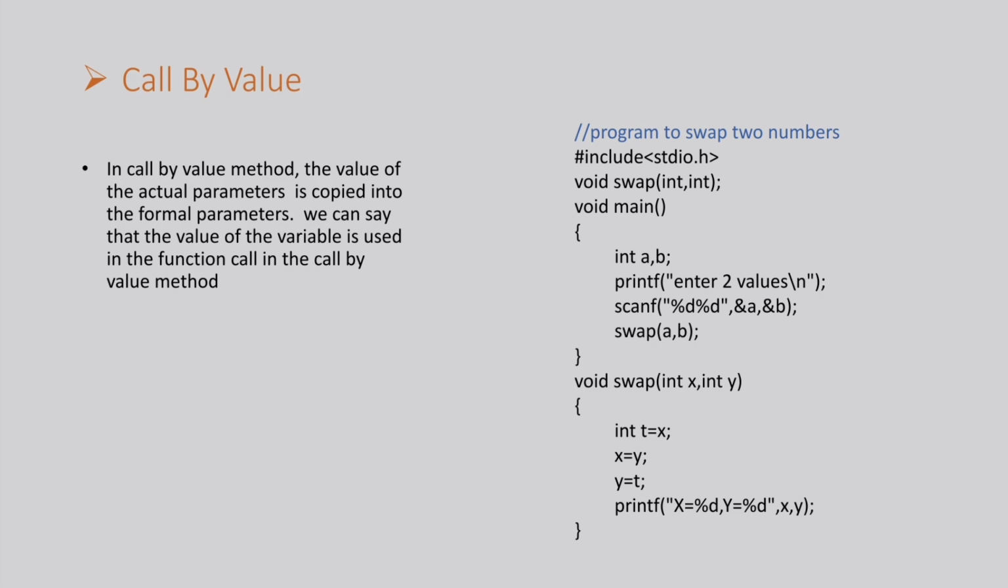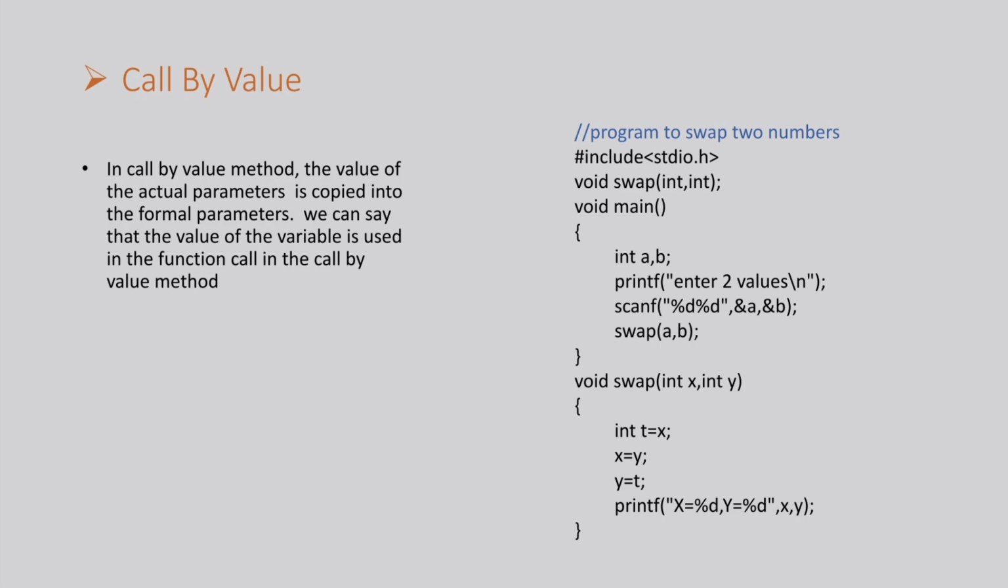First we'll write hash include stdio.h, and then we'll write void swap, and in the brackets we'll write int comma int, and then we'll write void main, and then we'll open the parenthesis and declare the two variables. We'll enter the values for the two variables in the next step, and then next step will be scanf. In that we'll write the format specifier for a comma b. In the next step we'll write swap a comma b, and then we'll close the parenthesis,